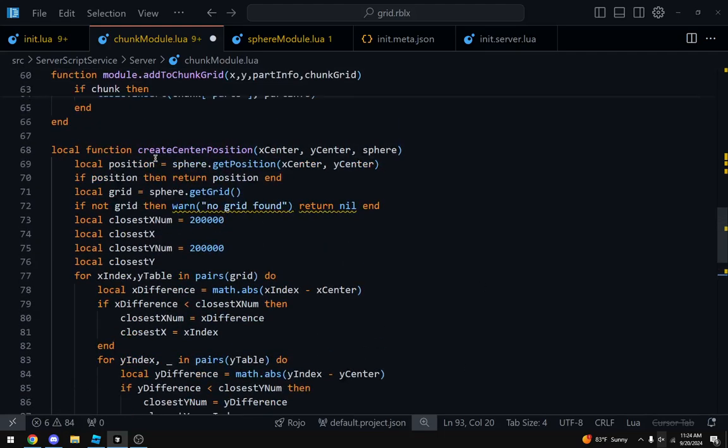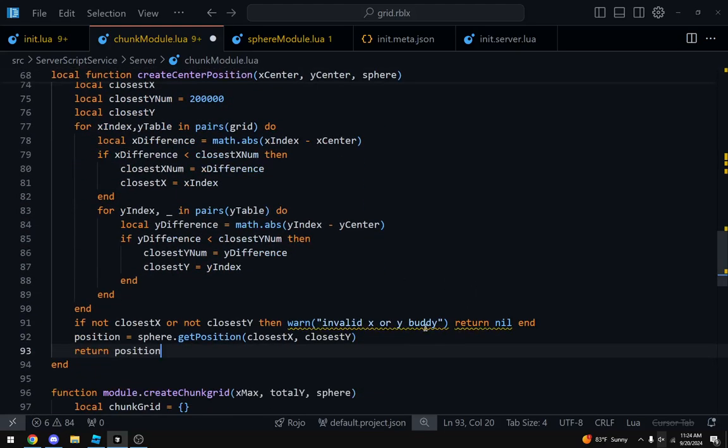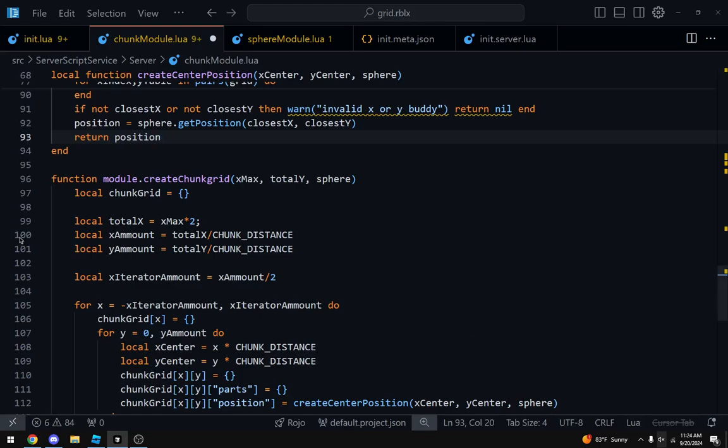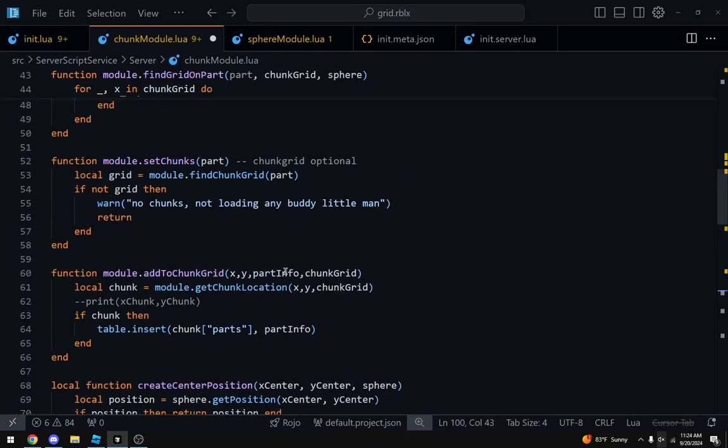So this should take the x value, multiply it by 5. So yeah, if we do math.floor in the calculation, yeah, we do when we're adding an object to the grid.